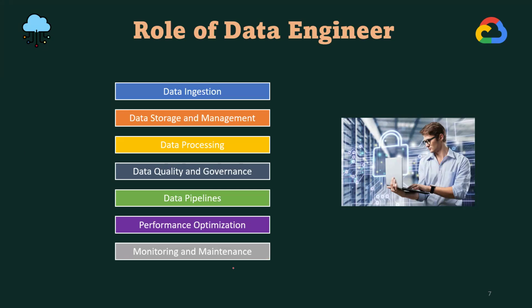And then one of the data engineers should be focusing on monitoring and maintenance. So multiple data engineers work on these multiple activities day by day. On a daily basis, one will work on data ingestion, one on storage, one on processing, one on quality, one on creating the pipelines, one will focus on performance optimization, and one on maintenance and monitoring. So this many data engineers in a project work on different activities. If you get a chance to work on all of these areas, you are lucky, but most of the times it will never happen.